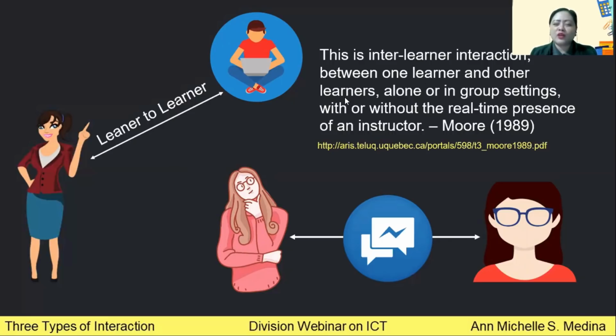Nandun yung instructor, ano? Maaari ang instructor ay nag-o-observe lang sa kung anong gagawin ng mga estudyante o ng mga teacher para doon sa particular activity. Okay? Pero ang pinaka-the best po ay pag nag-uusap po yung mga learner kasi sila po mismo ay natututo. Ano? For example, paano ba mangyayari yan? When you give a collaborative project,